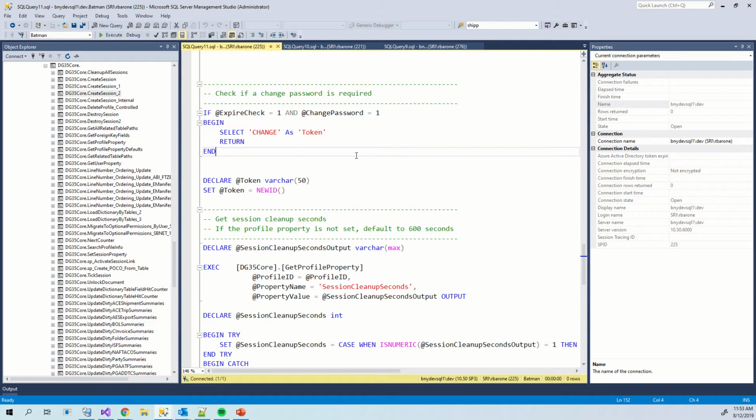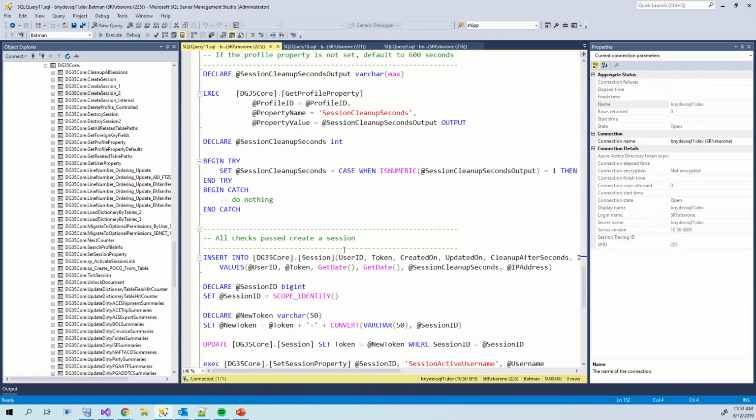We also check if a change password is required. It then doesn't log them in with the token. It kind of forces them to change it. So that indicates to the front end, hey, change it. And